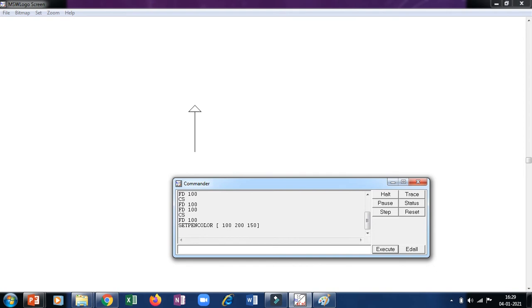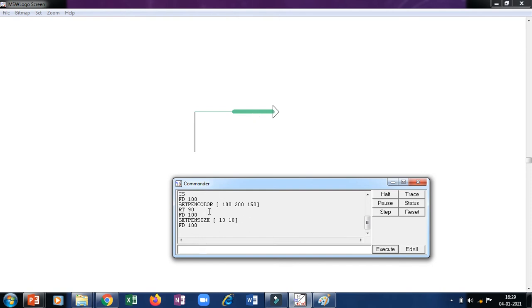Now let me move the turtle forward. First let us turn the turtle right side, and then we will make the turtle move forward by 100 steps. Now you can see this is green in color. Let us set the pen size first, then you can see it more clearly. Set pen size, let us write 10 and 10. Okay, and then move the turtle 100 steps more forward, so you can see the color.